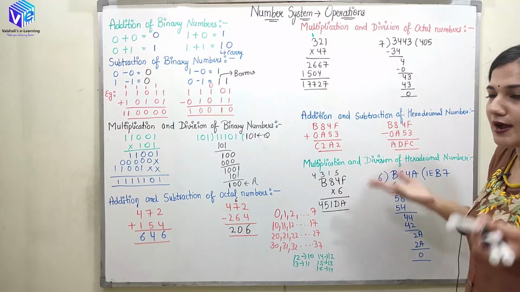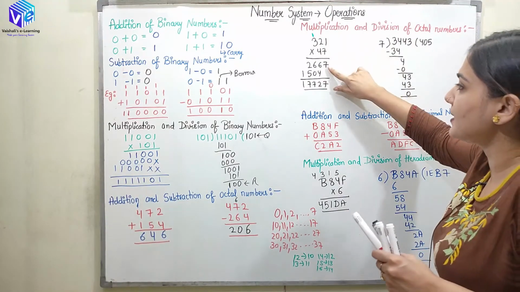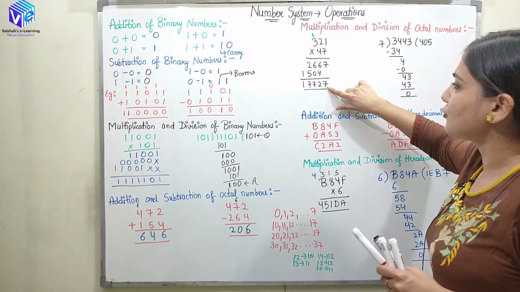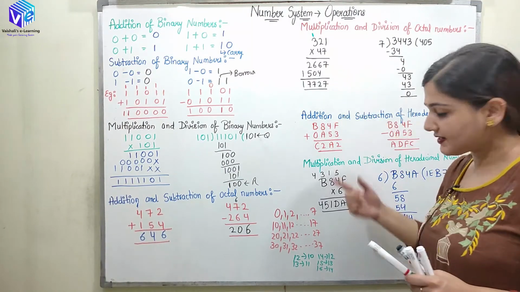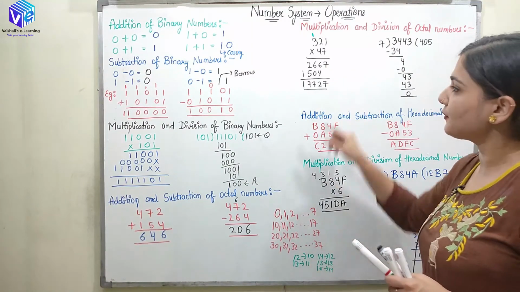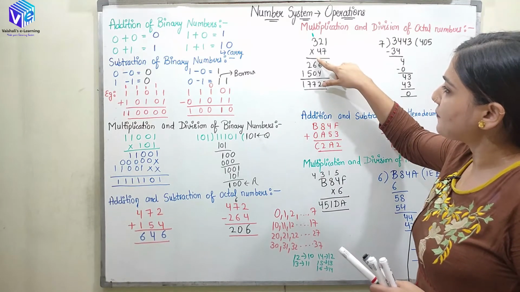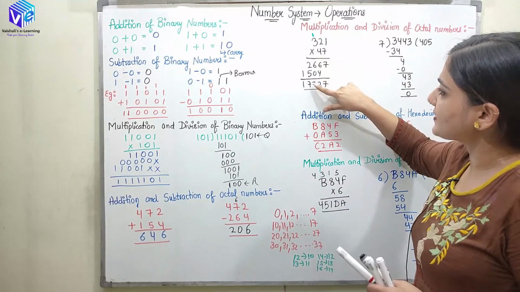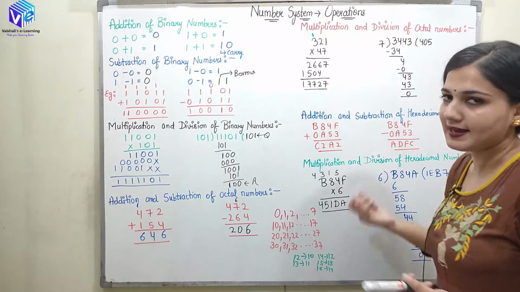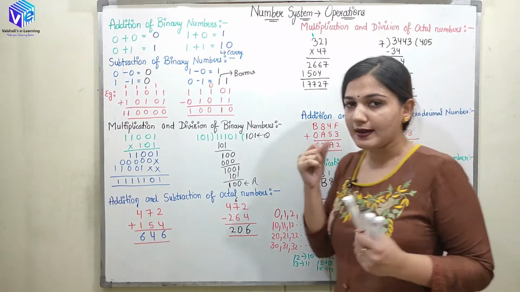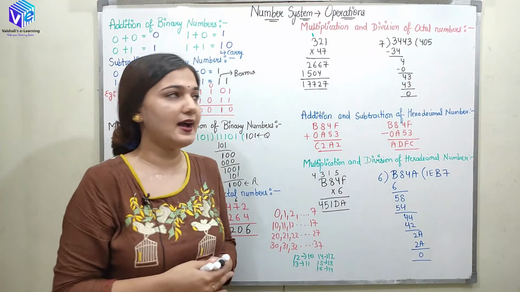Now what you have to do? You have to do the simple addition of the octal numbers. 7 is added with 0. We are going to get 7. 6 plus 4 is 10, and 10 is represented by 12. So here we will be having 2 and 1 as the carry. So 6 plus 1 will be 7. 5 plus 2 will be 7, and 1 as it is. This is the way by which we can simplify our calculations.